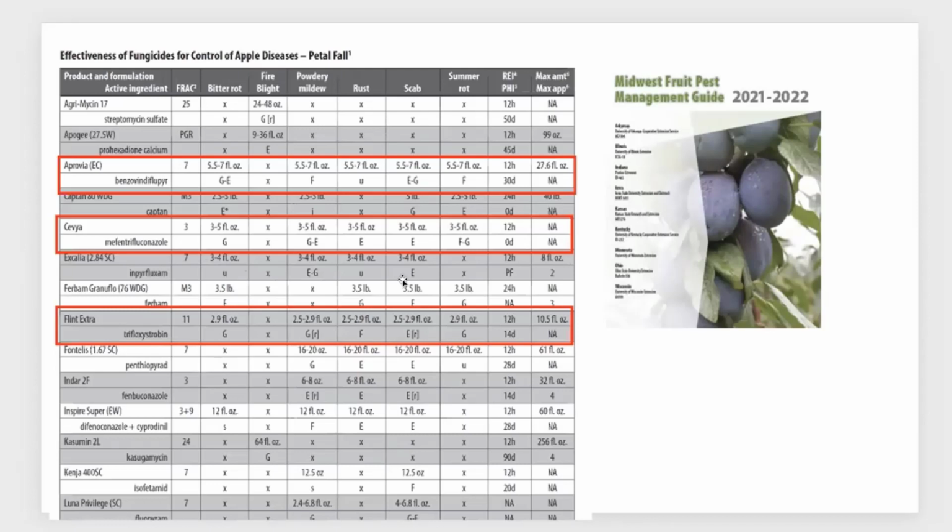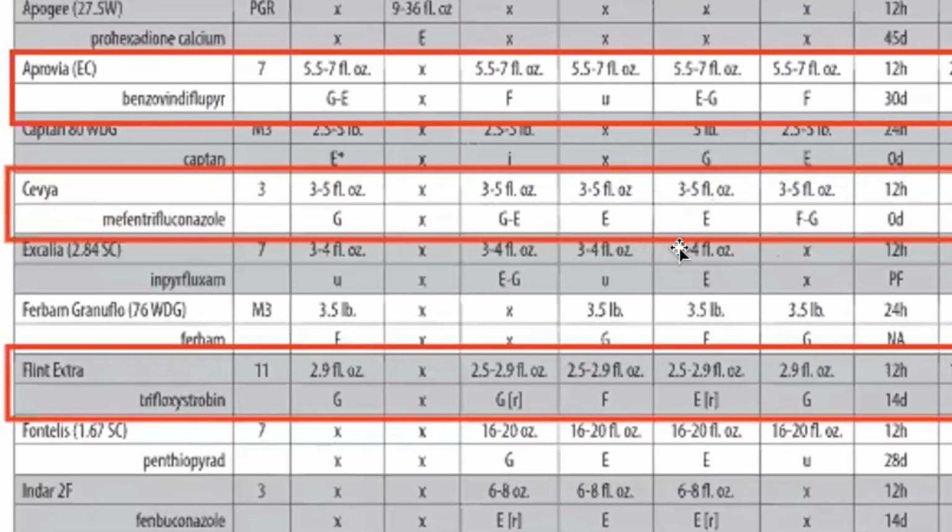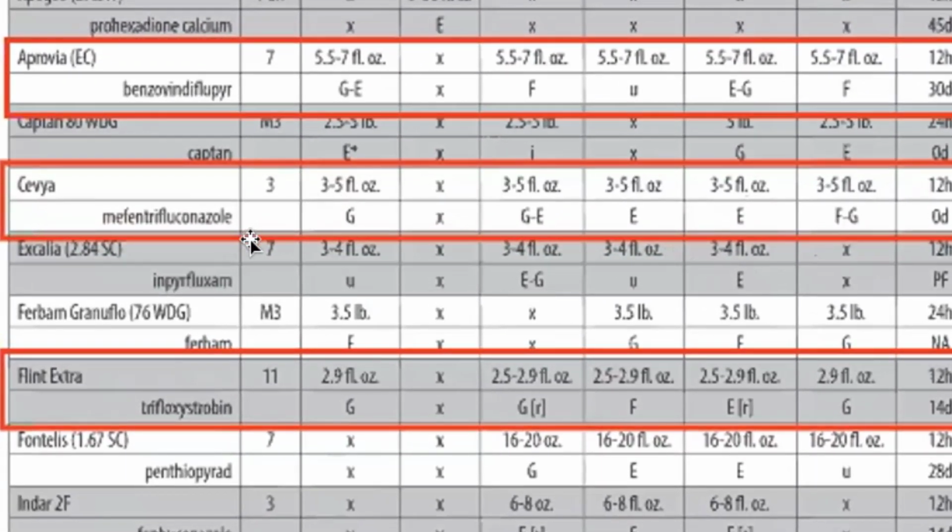This year, Tristan and I got funding through the IR4, and we're going to put the SDHI fungicides head to head in a trial to see what works best. We tried to do this last year, and our outcome was similar to yours. On May 9th, we lost our crop, so it's kind of hard to evaluate things. Hopefully that won't happen again, but based on what's in the literature, Escalia, as you can see here, was considered excellent for controlling scab. So that would be a great product. That's a FRAC code 7. It's a newer product, so it's probably going to be a little